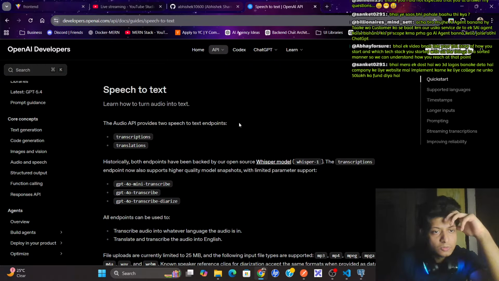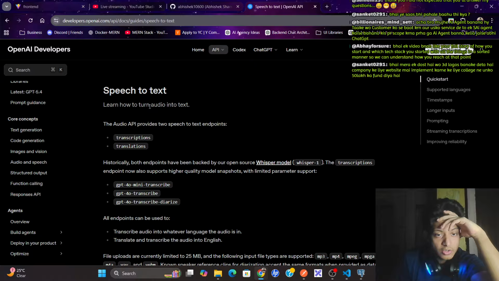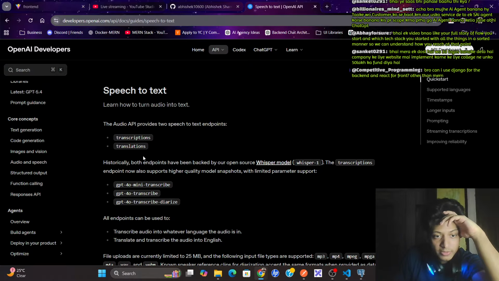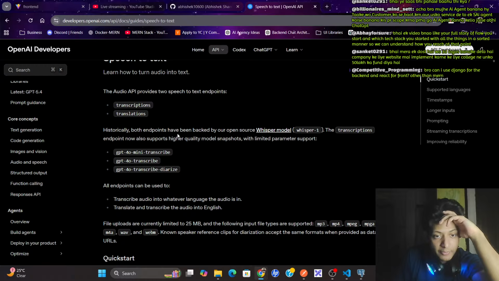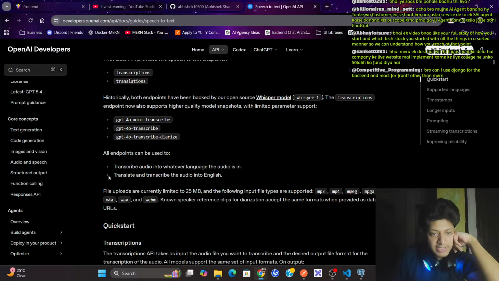All right. In this speech to text section, learn how to turn audio into text. The audio API provides two speech to text endpoints, transcriptions and translations. Historically, both endpoints have been backed by our open source Whisper model. The transcription endpoint also supports higher quality model snapshots with limited parameter support. All endpoints can be used to transcribe audio into whatever language the audio is in, or translate it.